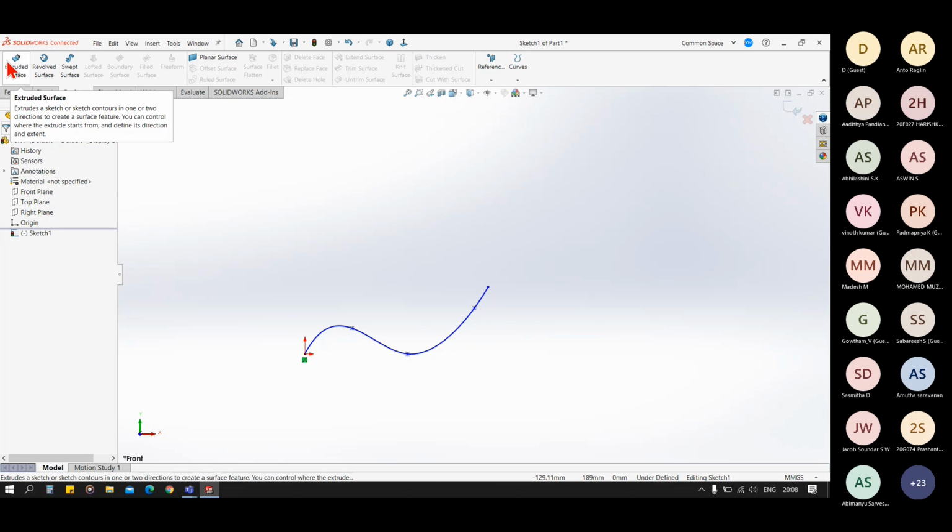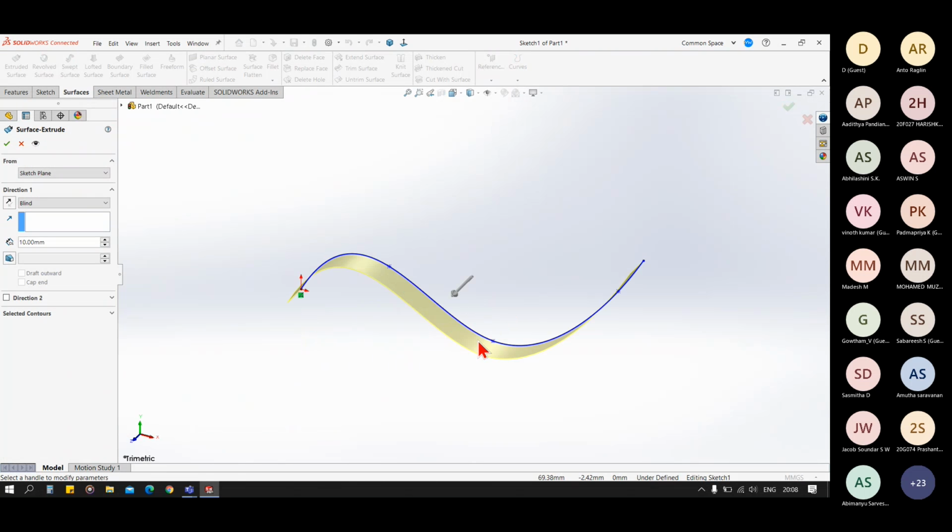You can see when we click on extruded surface, the surface gets extruded.